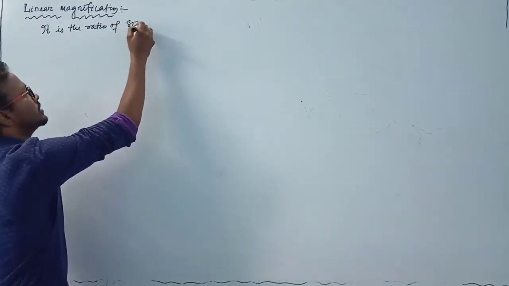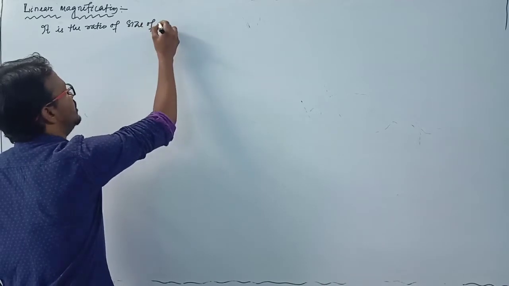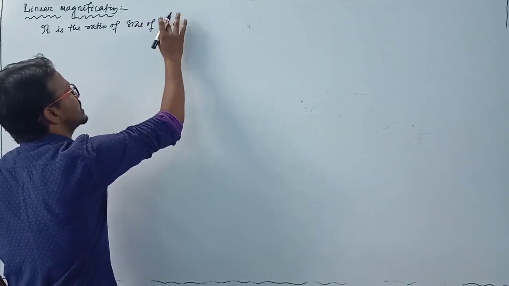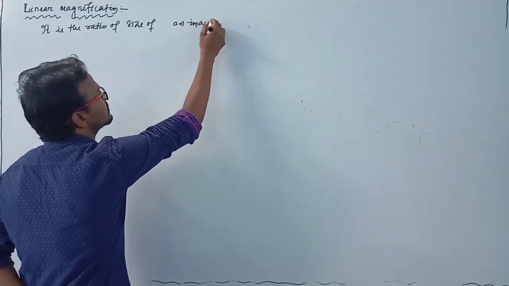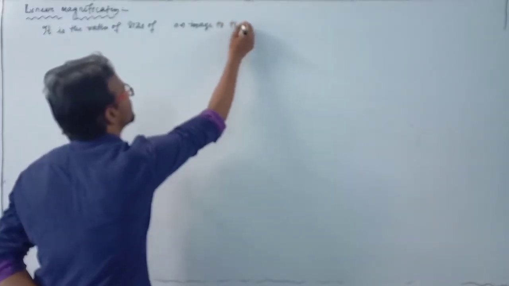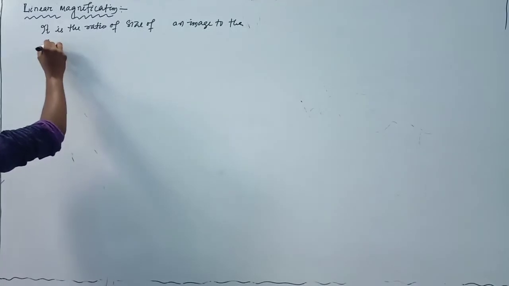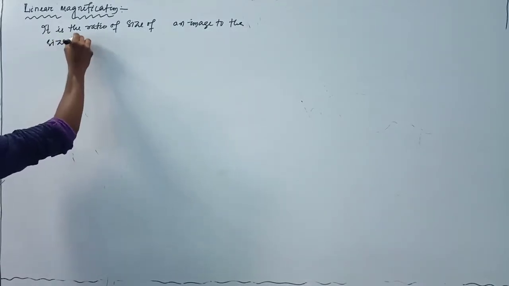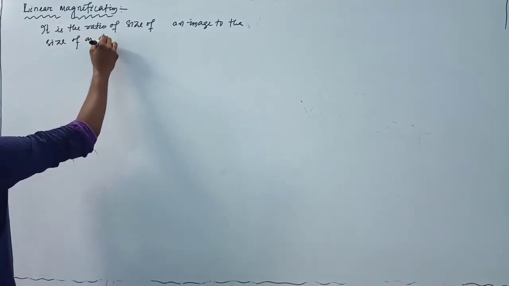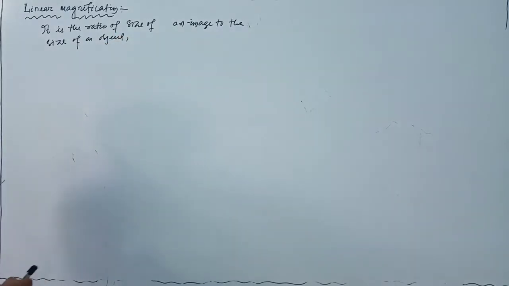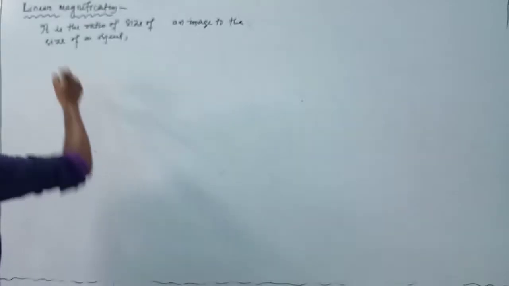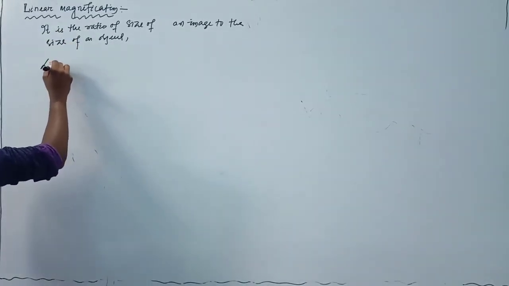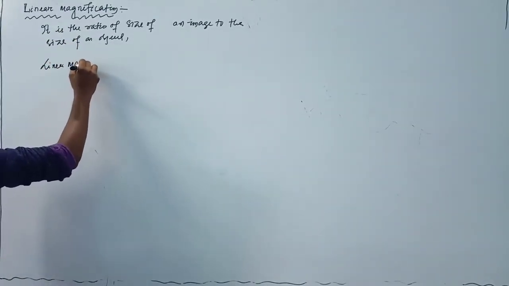of size of an image to the size of an object, or height of image by height of object is known as linear magnification. So linear magnification,